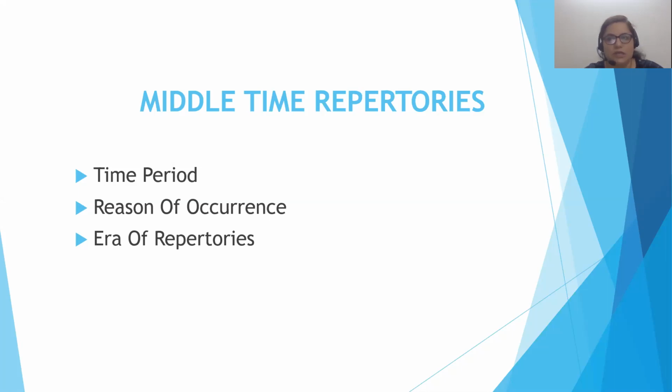Along with that, Dr. Clark's repertory also came out after that. Synoptic Key is one of the examples of these middle time repertories. So these are certain repertories which were very common, very prevalent, but all of them had certain drawbacks, and all of them had certain benefits. Some things were there for different cases, some things were there for other cases. So keeping in mind